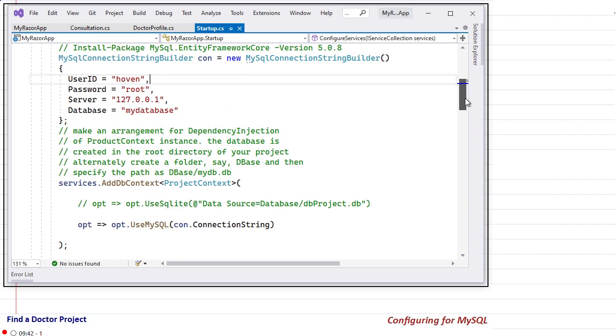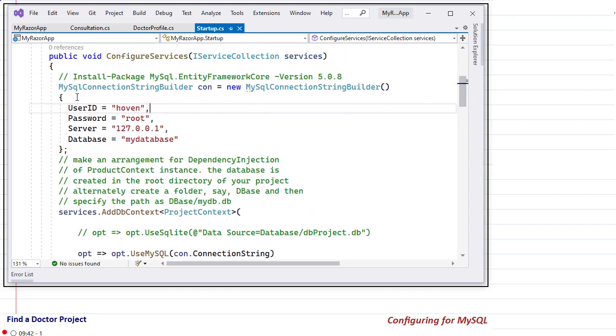Now the connection string. For this connection string, there is a class MySqlConnectionStringBuilder. You can just substitute your user ID, your password, your server and your database. This database doesn't have to be present.